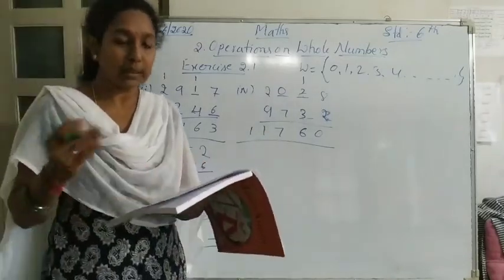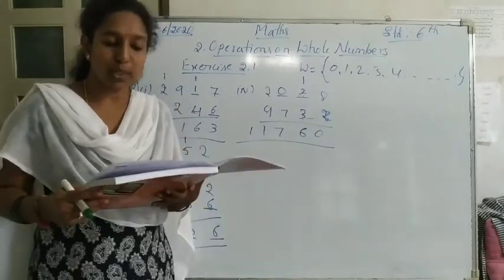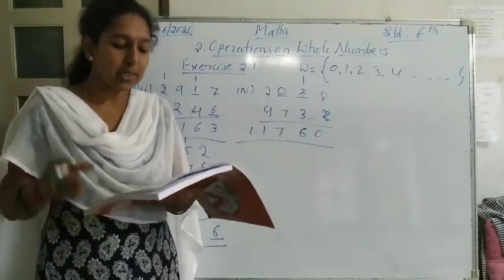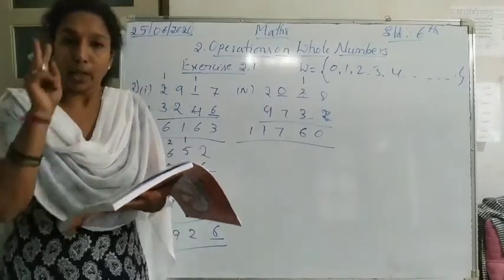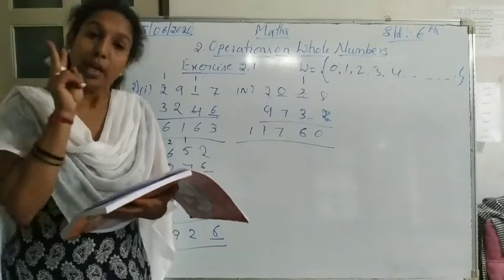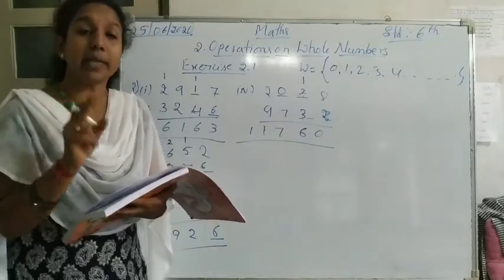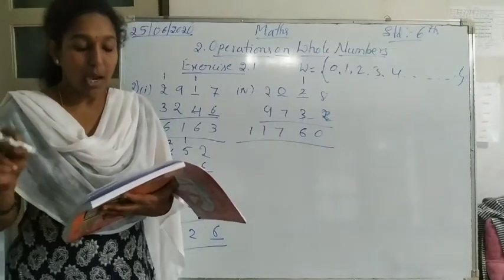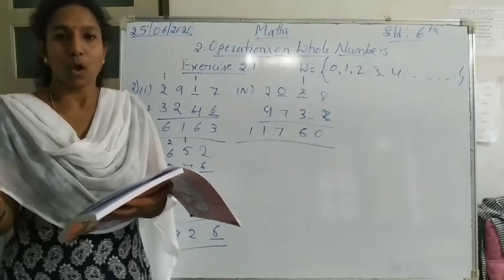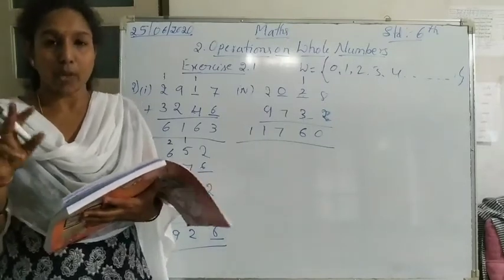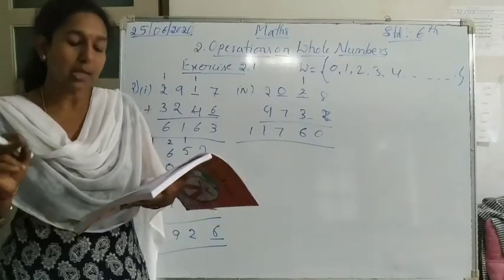In the same way, solve the second one. Next, write any two-digit odd numbers and add them. Is the sum odd or even? Here you have to take two 2-digit numbers, and both the numbers should be odd, and then add them. Is the sum odd or even? Obviously it is even. When you add any two odd numbers, the sum will be even only. So the answer is an even number.